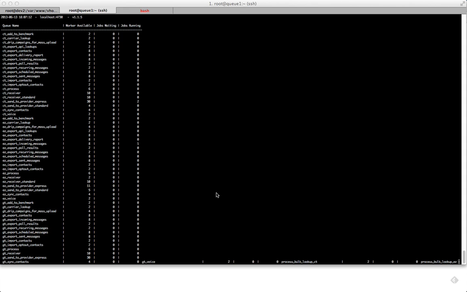Admins have to run gearman top directly on the Q server, and no one else besides admins can really use it because it's not very convenient, and only admins have access to the Q server. So we decided to visualize this and allow everyone to see how many jobs are waiting, and, for example, tell clients that we have too many messages in queue and we are processing them, and we can estimate waiting time for jobs.